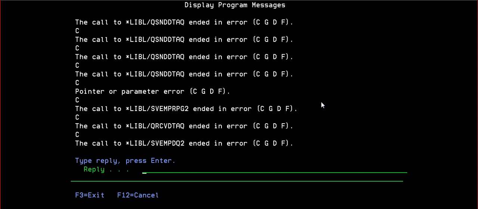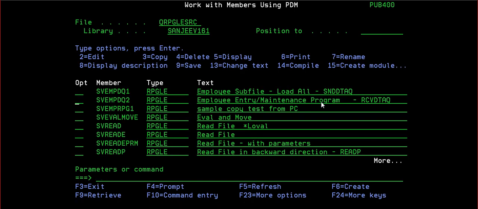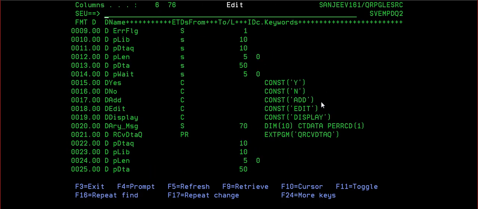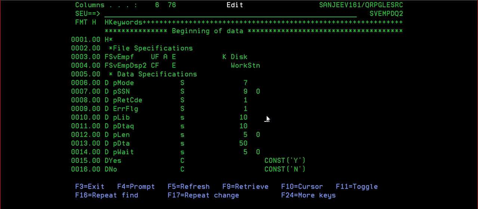Okay. Where is library? Lib INZ. I'm doing version 161, and there also I have to change svemp dtaq.